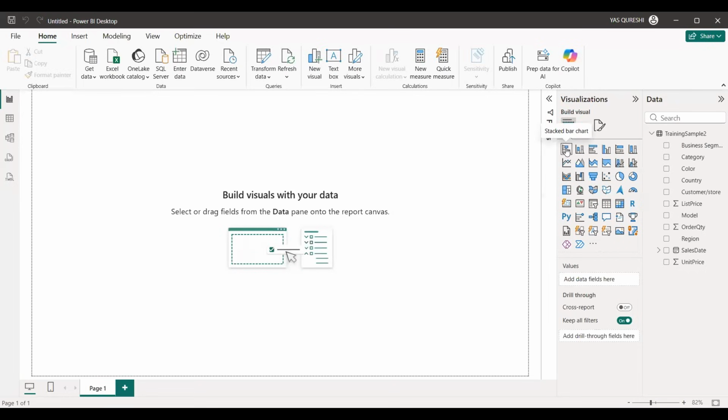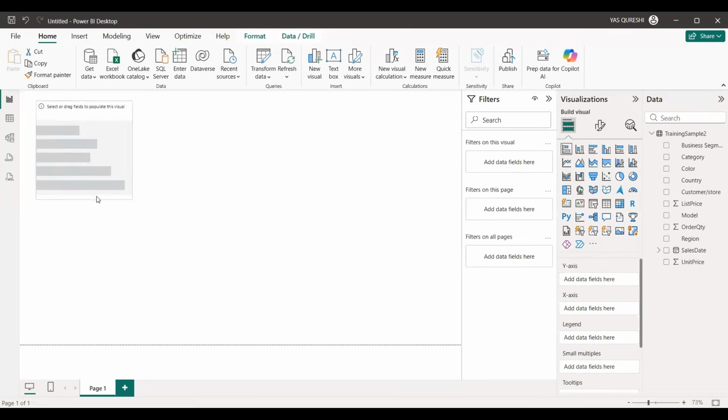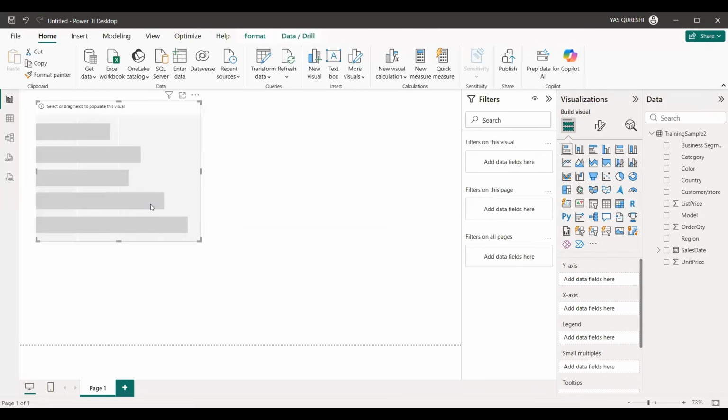So now I will take a visual. These are the visuals, guys. I will just click on that visual. This visual will appear on this particular canvas. As soon as I click, that visual will appear here. Now as soon as I have pulled that visual here, on the right hand side you can see these are the axis,